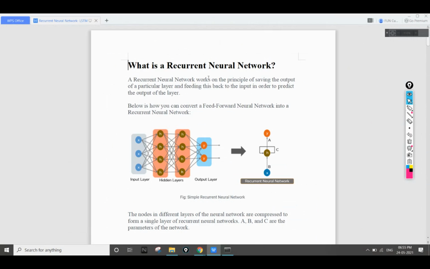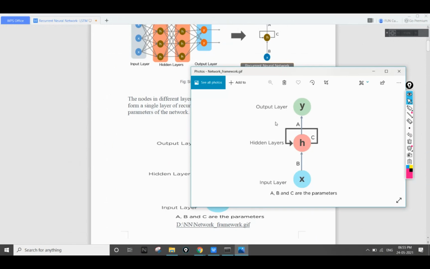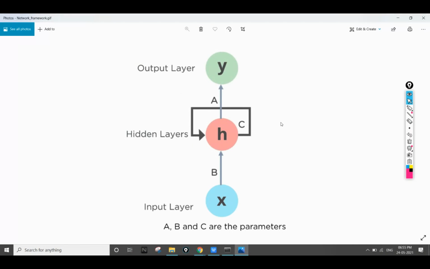So what this recurrent neural network will be doing, you can see from the image. This is your base environment.